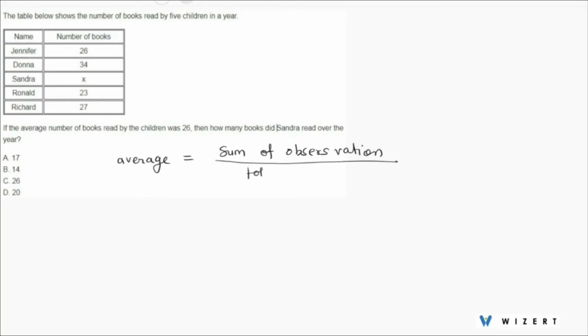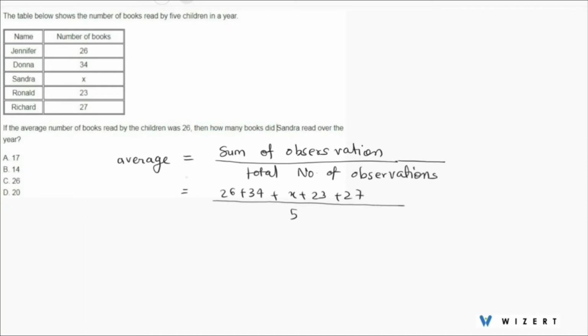divided by total number of observations. So total number of observations in this case is 1, 2, 3, 4, 5, 5 children. So total number is 5, and the sum we will calculate as 26 plus 34 plus x plus 23 plus 27, and